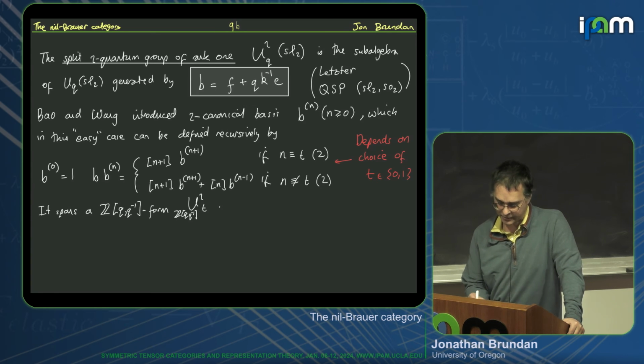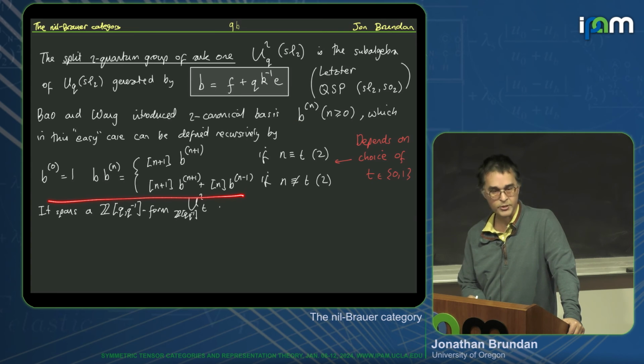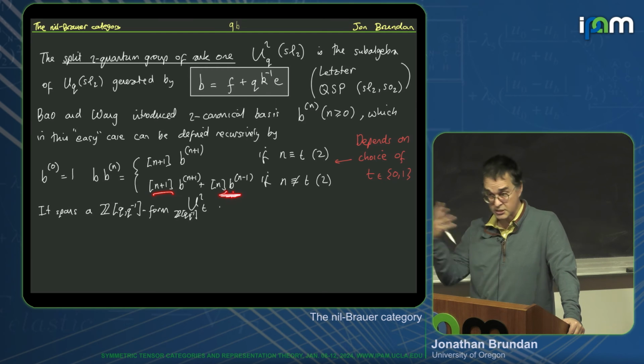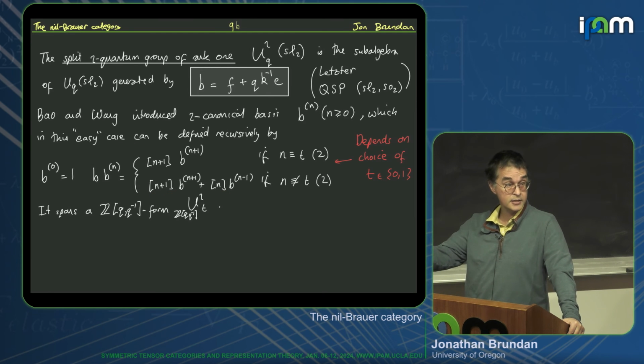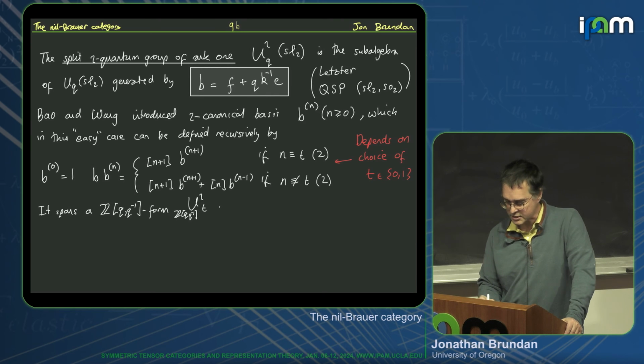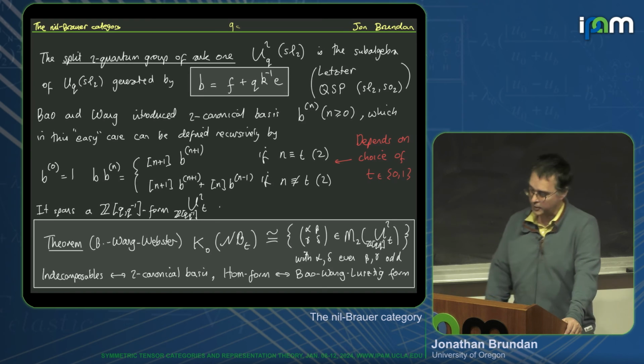So here's a very quick definition of the divided powers as just this recurrence relation. B0 is just the identity in this algebra, and then B applied to Bn, you either get quantum n plus 1, Bn plus 1, if n is congruent to the parameter t, or you get this lower term if n is not congruent. So this depends on the value of t, 0 or 1, in the definition of these divided powers. So these span a rather remarkable integral form for this I-quantum group, and now you can guess the theorem